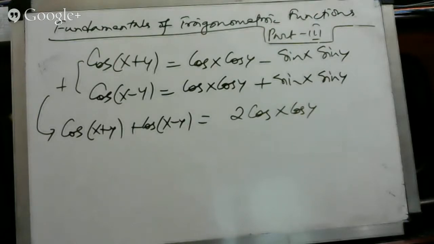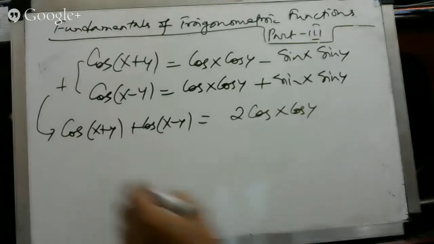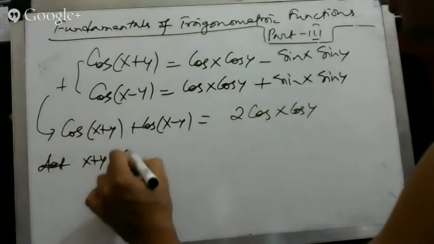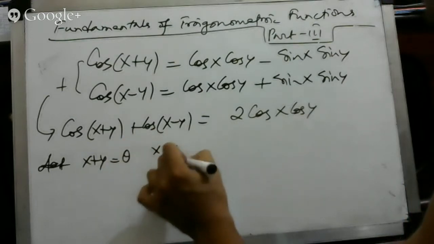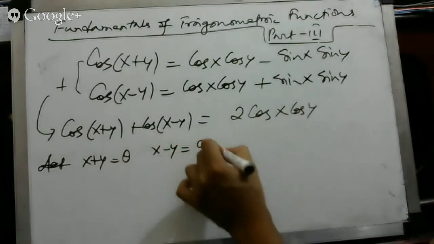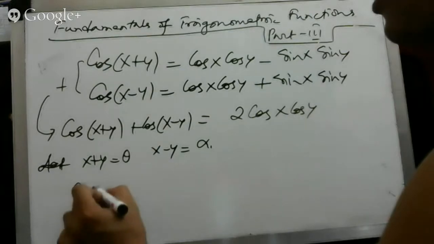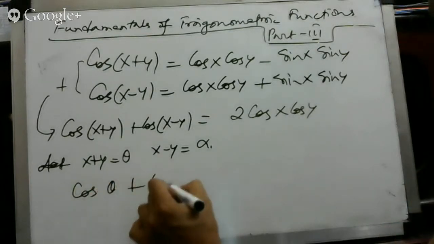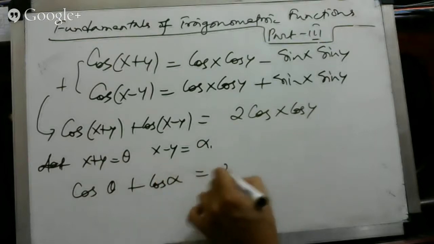Now let x plus y be equal to theta and x minus y be equal to alpha. So it becomes cos theta plus cos of alpha is equal to 2 cos of